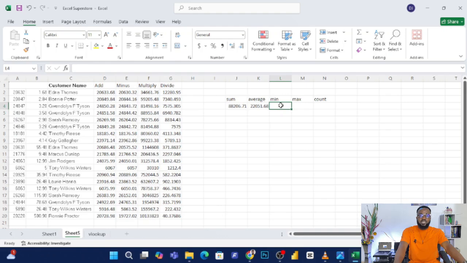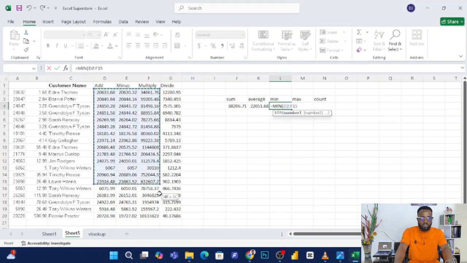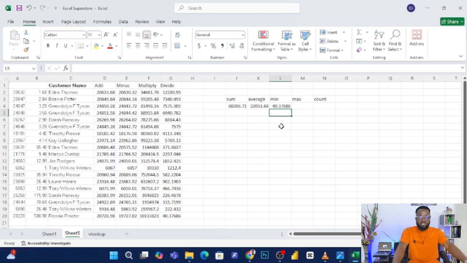And minimum simply means which of them is the least. Which among them is the least. So put your equal sign, put your min. Alright, you have this now. So among these numbers here, you can also check for the whole table to find the minimum of all of them. Which of them is the smallest? If I press enter, that means the smallest here is